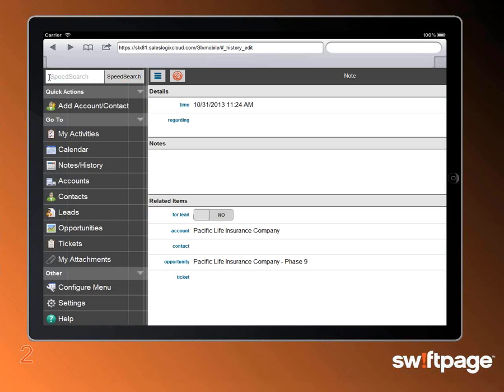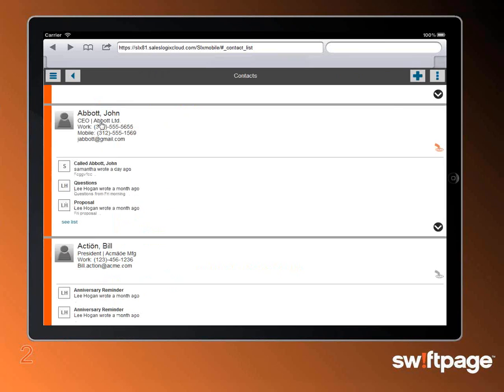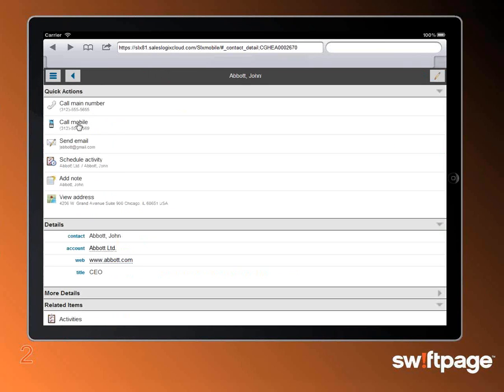Now, one of the things I did talk about a little bit was that if this was running on a mobile phone, you have access to things like automatic dialing. So if I clicked into John Abbott, I can call the mobile number right away. Again, with the email client, I could click right on it. It would use your local email client on your phone or on your device to send out an email, and that information again would be stored back inside of SalesLogix.